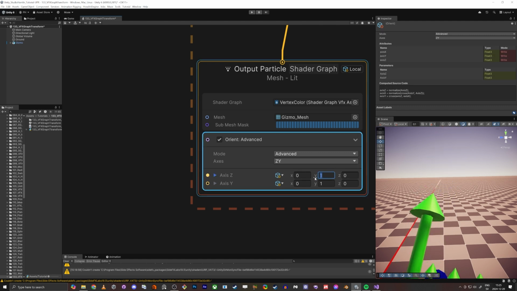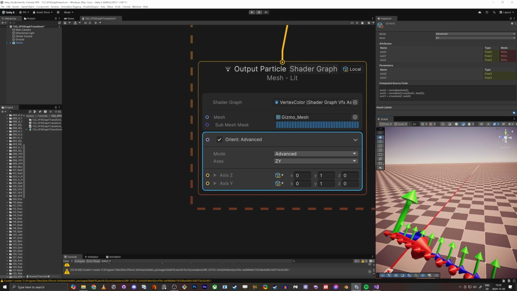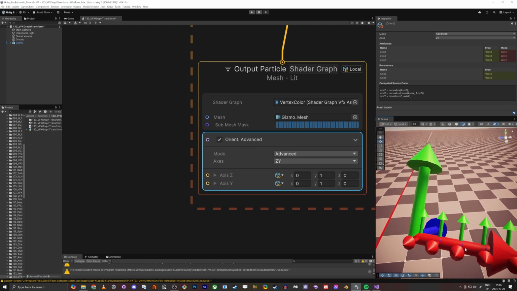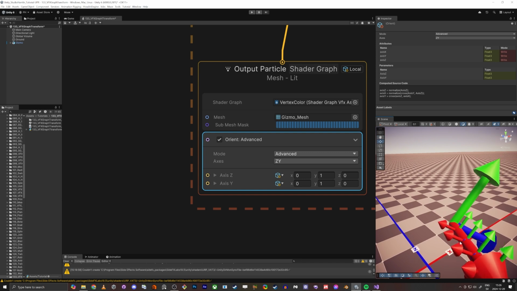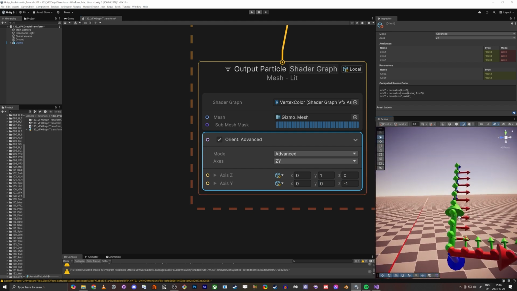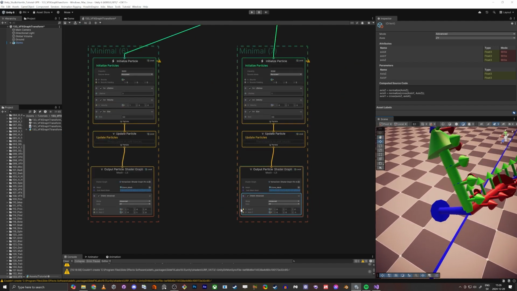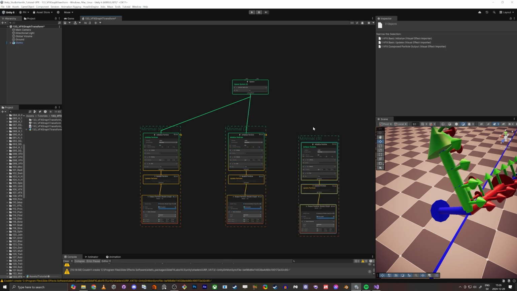the up direction. And now you see it doesn't work because you can't have them same direction because this will leave a value of 0. So what is the up direction for the particle? Well, if this is going to be forward and the red is going to be right, then the up is going to be negative blue. So which means we need to have the up y-axis going to be -1 here. So now we see, now this one is pointing the right direction too. And now we just need to have this one, and I guess you figured it out. This one is gonna be